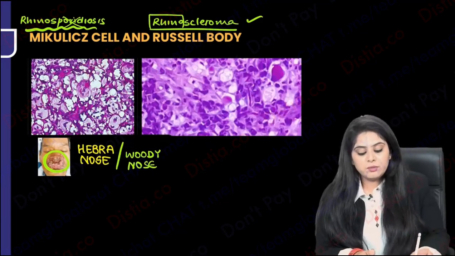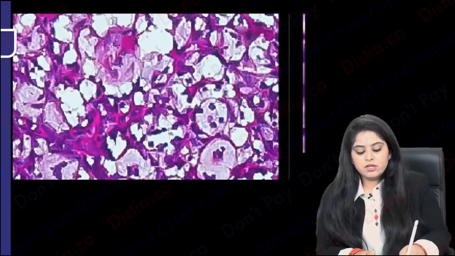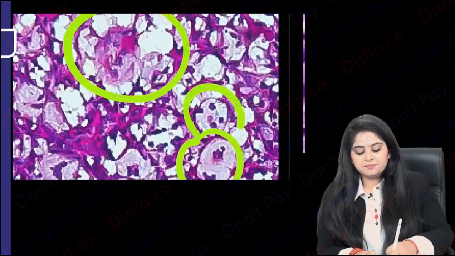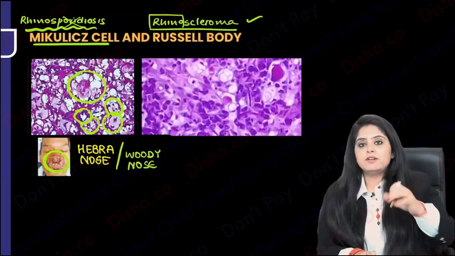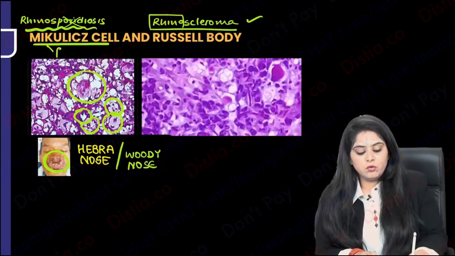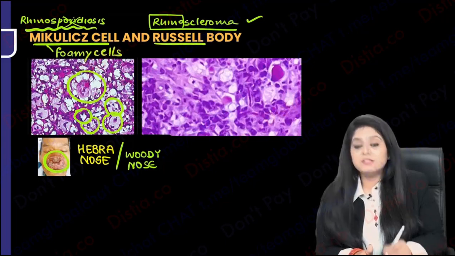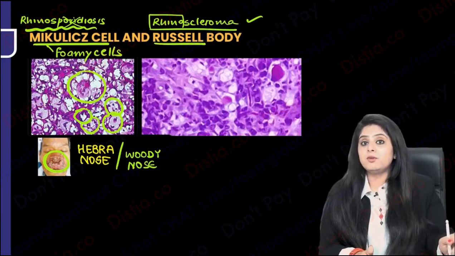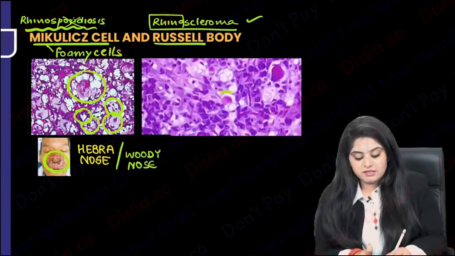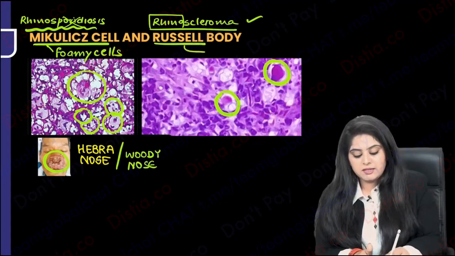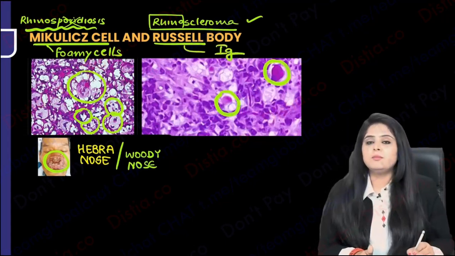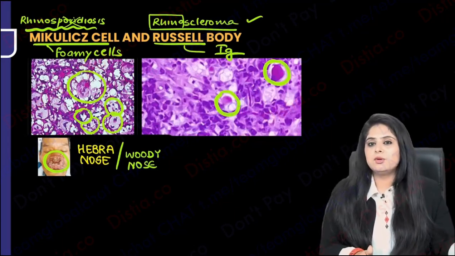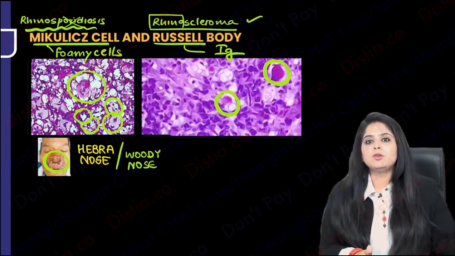What do you see microscopically? We see something called Mikulicz cells. If you look at the first picture over here, all these foamy cells, what are these? Macrophages which have eaten up the organism. So these foamy cells are referred to as the Mikulicz cells. And if you look carefully, it's a bacteria. It is going to result in antibody production. Antibody production means these pink colored bodies that you're getting. Immunoglobulin, that is the Russell body. Where in pathology do you study Russell bodies? Antibody disorders, multiple myeloma also shows you.